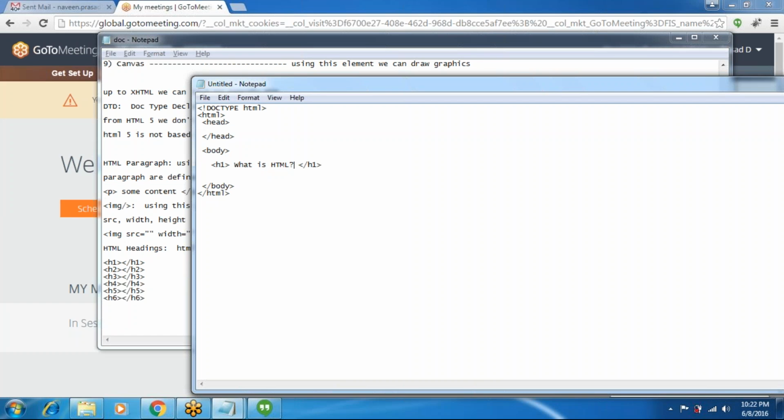This is one heading, and h2 also the same. Okay, h2 HTML, and h3 CSS, and h4 element, okay, JavaScript,